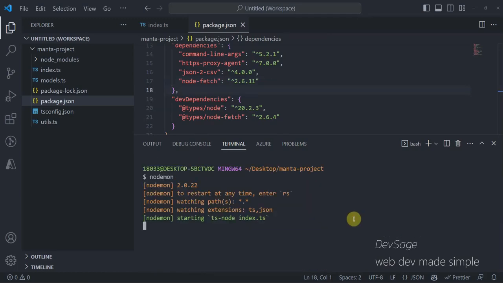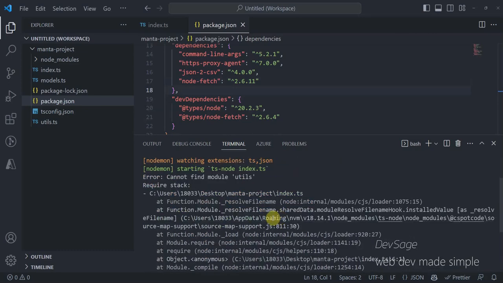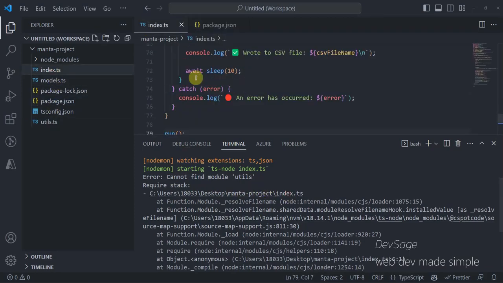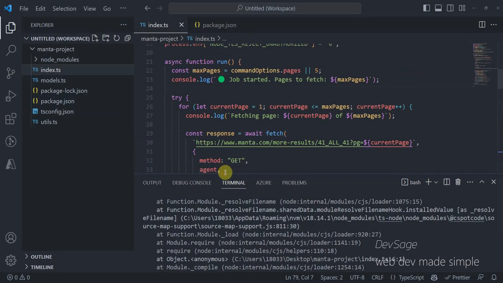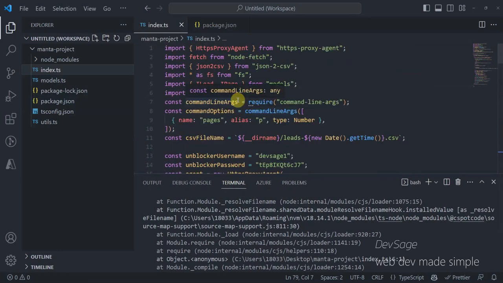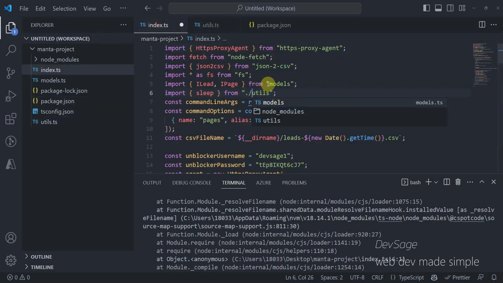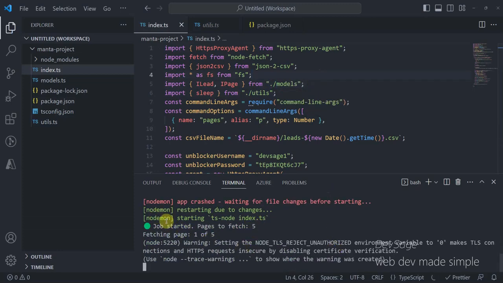So let's try running nodemon again. All right, so cannot find module utils from index.ts. So let's go here, and yeah, here I am importing sleep from utils as if utils was an npm package, which is not correct. I should just be referencing this file, utils. So I need a ./ here, and the same thing for the models folder. And so if I save that, you can see that nodemon automatically restarted for me,